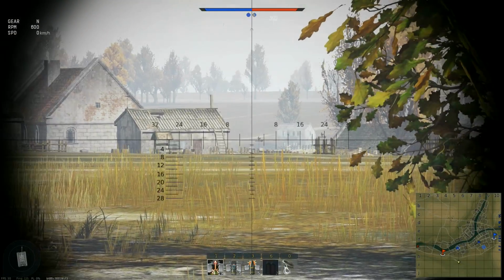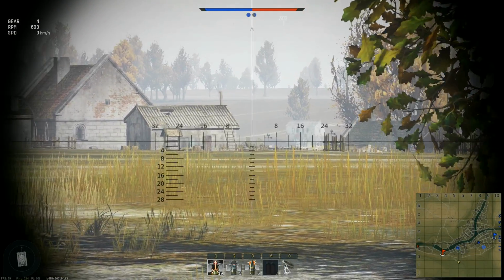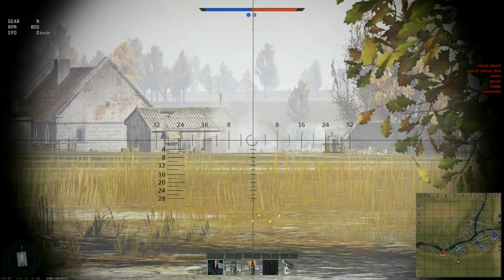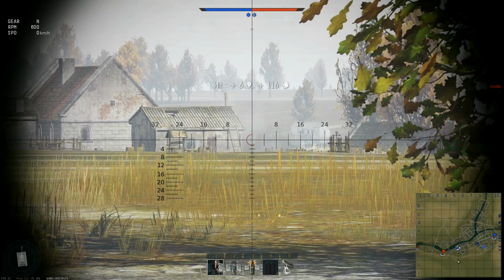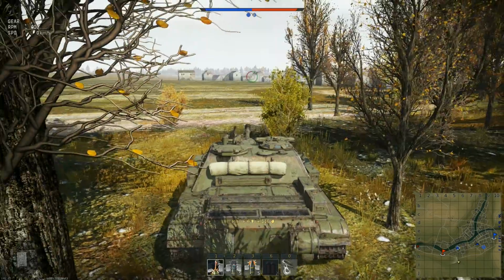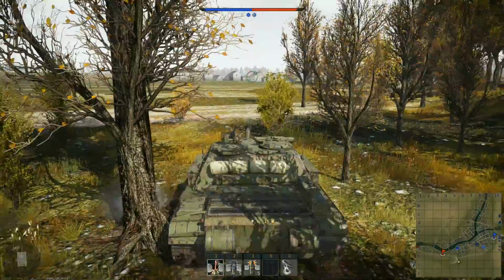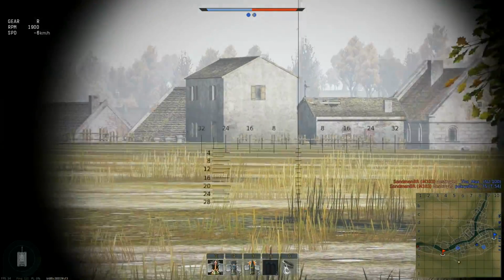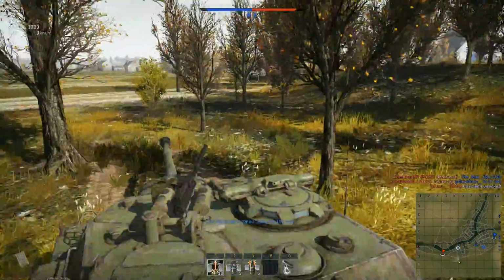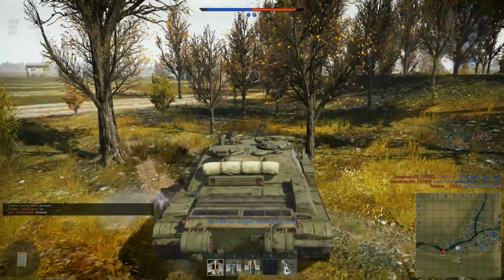Spot the AAA. He starts moving forward, but I kind of pre-aim the corner and get a really good hit on the front of his tank. I start spraying him down with machine gun, but it's not tremendously useful. He's going to escape and start repairing. But I can't chase after him. Chasing after him is the wrong move, because if I chase after him, I basically leave my guy out to dry, and I think the M103 actually just scored a double kill,